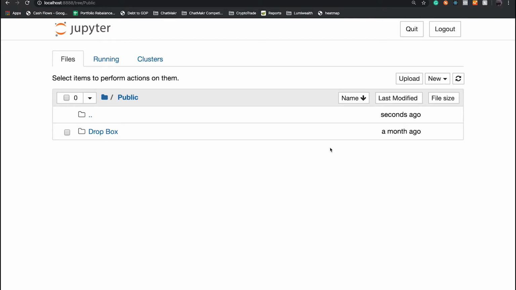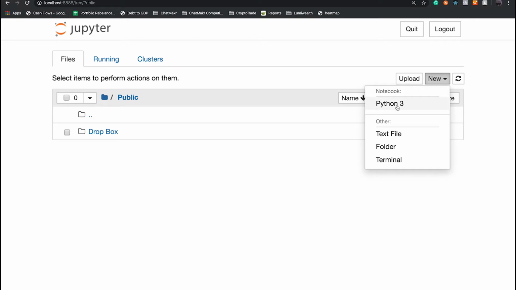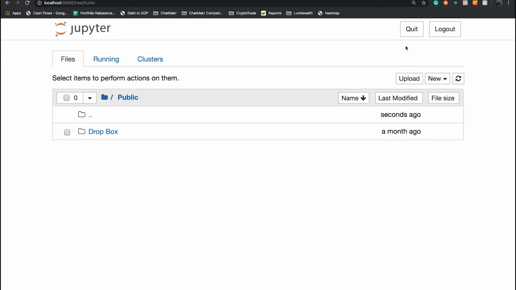Now, if we want to create a new file, so let's say we want to create a brand new Jupyter notebook or make a brand new project, they call them notebooks in Jupyter. You hit new here, and then make sure you select Python 3. You might have Python 2 depending on the way that your computer is set up, but make sure you click on the Python 3 version. And if you want to use an existing notebook,